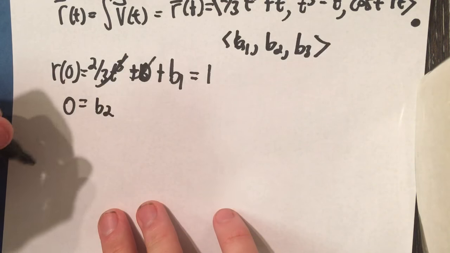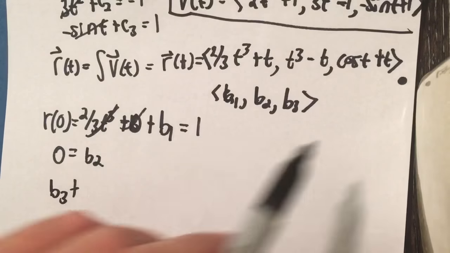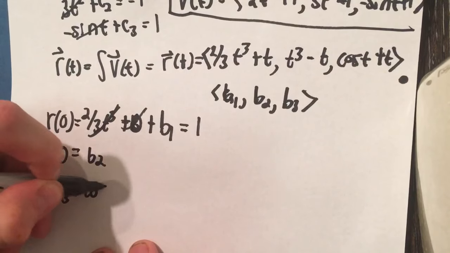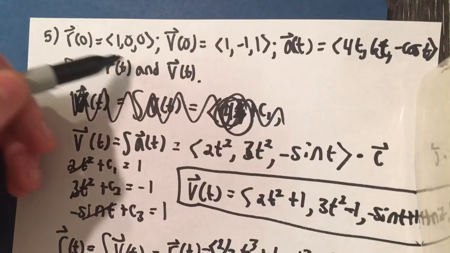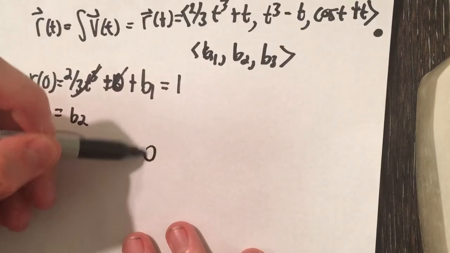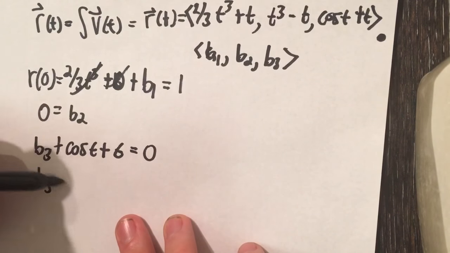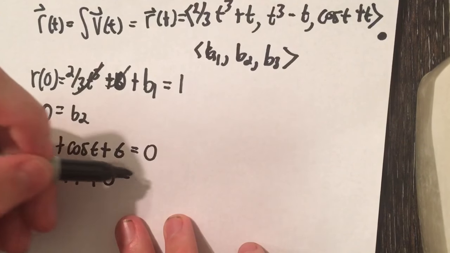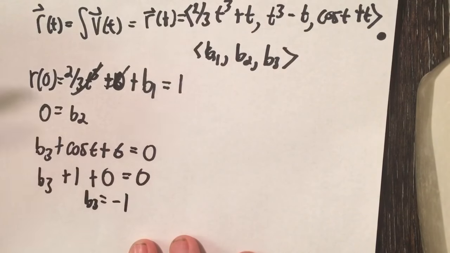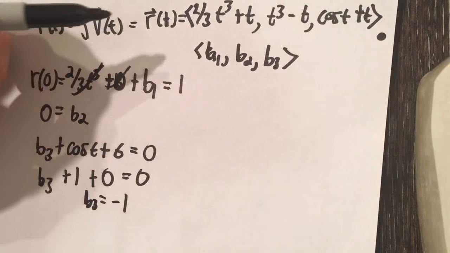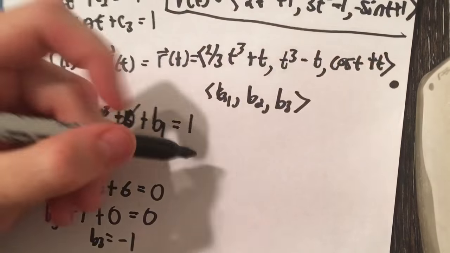Now, the third component, or the third constant, would be b3 plus what we got here, cosine t plus t. Cosine t plus t equals our z component, which is 0. When we find that, we would know that cosine of 0 equals 1. So b3 plus 1 plus 0 equals 0. So therefore, solving for b3 equals negative 1. So now to plug it into our vector equation here of the position, we would see that r of t